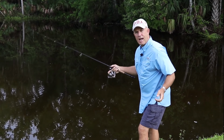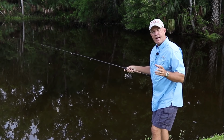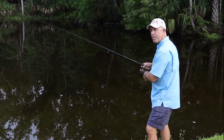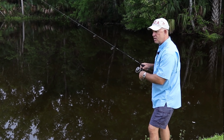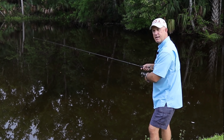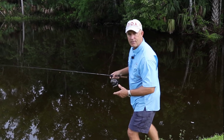Number two tip is I want to twitch this lure and not pull it. As a right-handed angler, I find it much more comfortable to point the rod over my left shoulder, keep it up high, and just a couple little twitches. Twitch, twitch, stop, turn as I go down. Twitch, twitch, stop, turn the handle the second I begin to drop that rod. Do not drop the rod, then turn the handle. So I'll turn around to the other side,